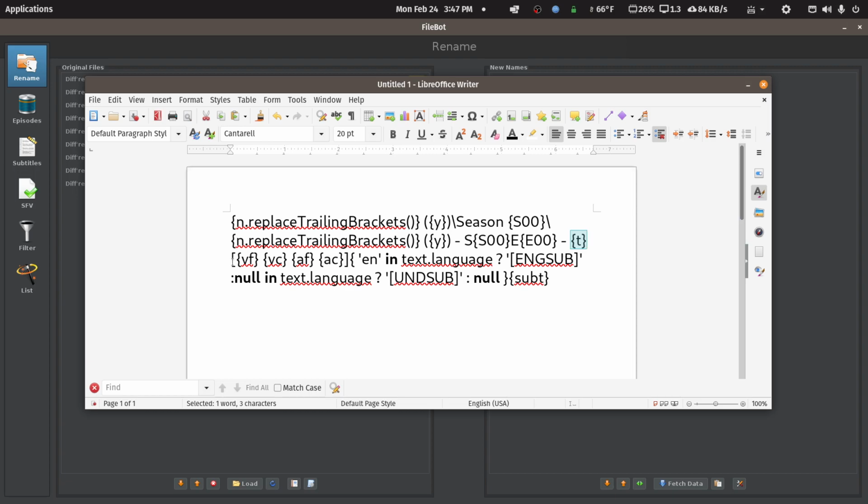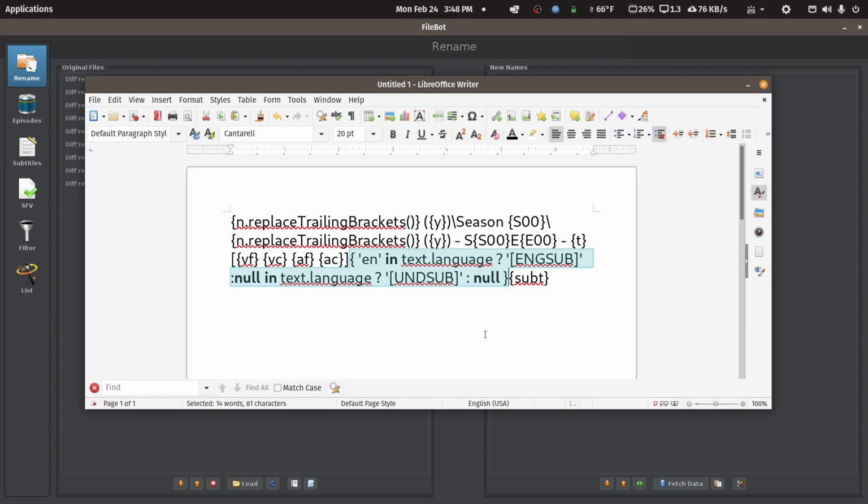And now I've got this information in brackets because a Plex TV show library scanner, the latest one, ignores anything in a bracket. So this information adds the video format, video codec, audio format, audio codec. And then this part, the developer of Filebot helped me with, and all of this extra stuff only works because I have Mediainfo installed